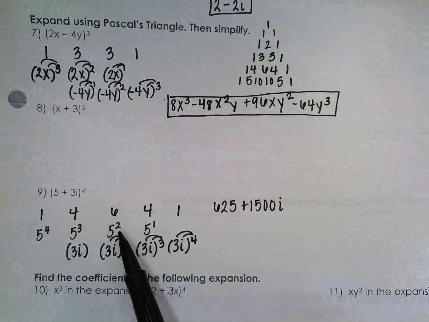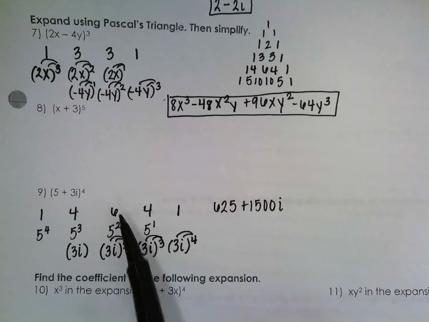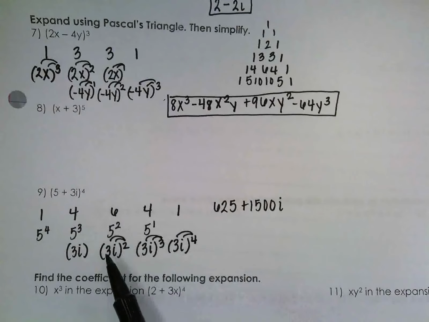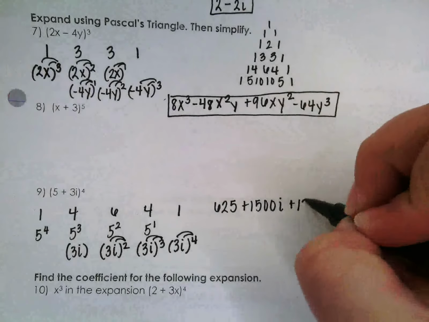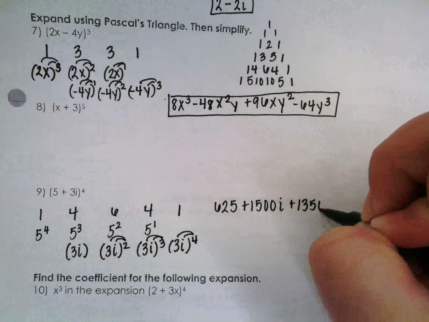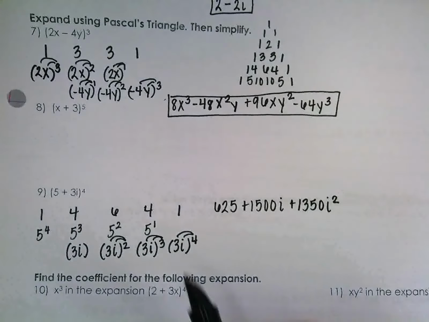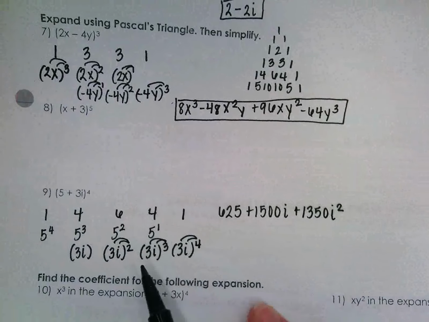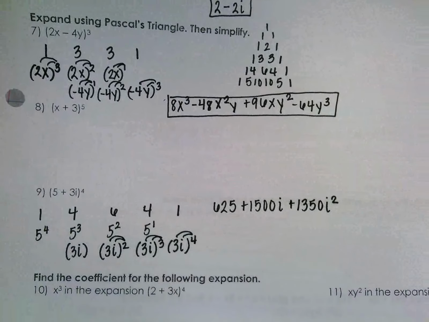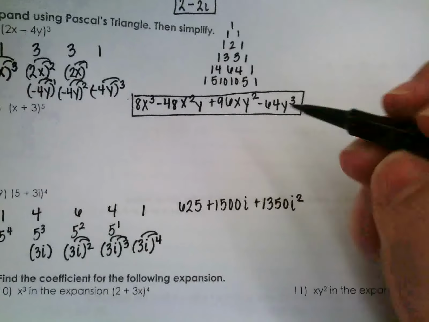Then I've got 5 squared, which is 25, times 6 times 3 squared, which is 9. So I'm going to do 6 times 25 times 9, and we get 1,350 i squared. Then I've got 5 to the first, so just 5. 5 times 4 is 20. 3 cubed is 27, so I'm going to do 20 times 27, and we get 540